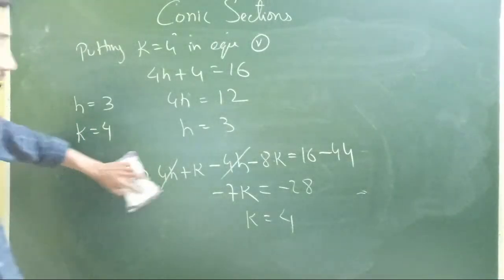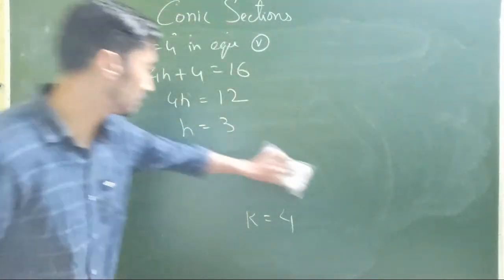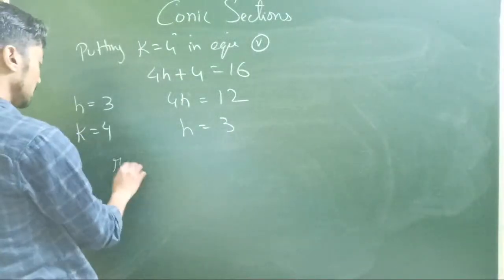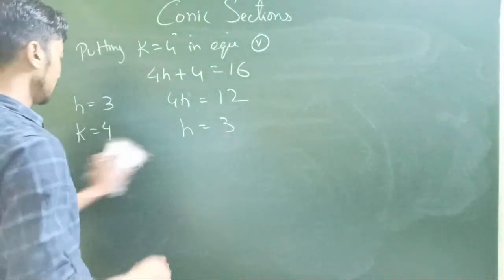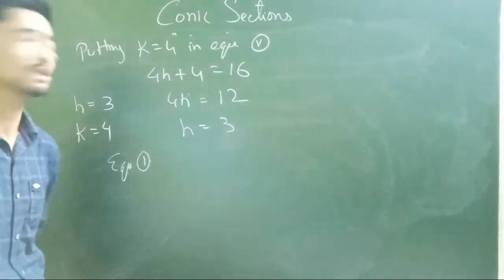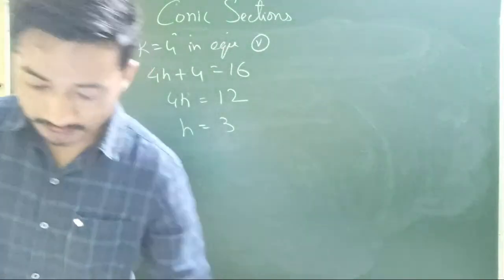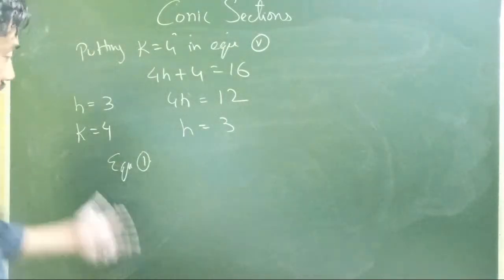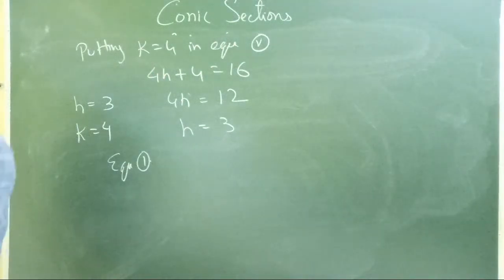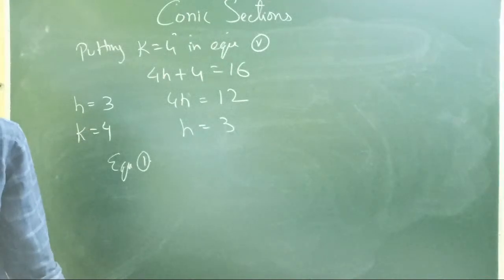There's still something missing. What was that? The radius. So how do we find the radius now? Let's find out the radius. And for the radius, we can use equation 1. What was equation 1? I rubbed it off. Okay, I'll just do it quickly. You can put the value of h and k in equation 2. From there you'll get the radius. Can somebody do it quickly and let me know? I rubbed it off without knowing, so